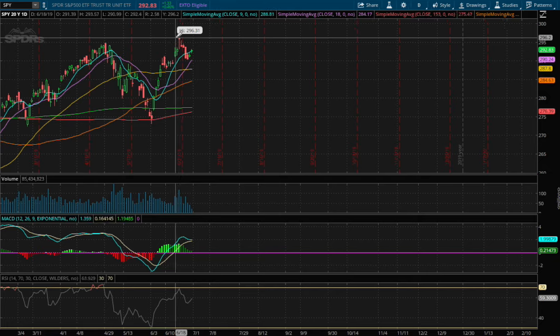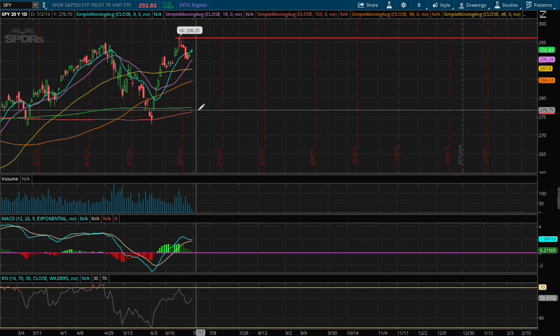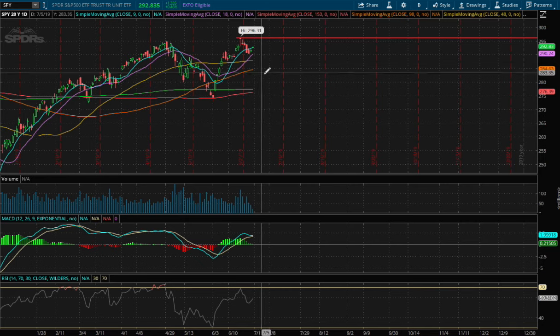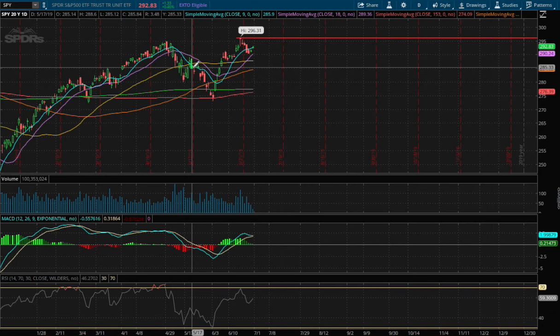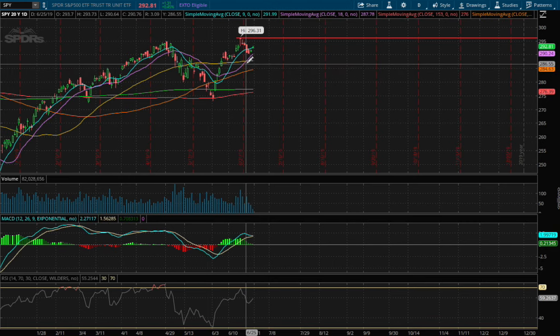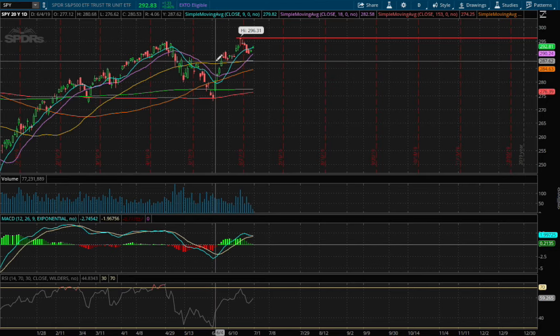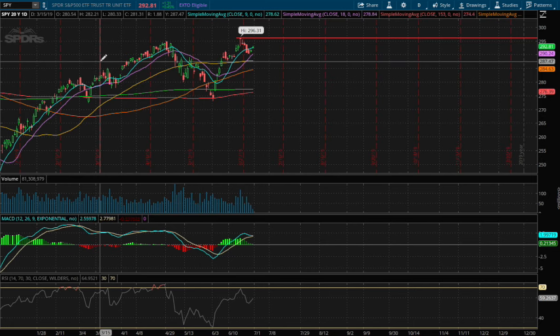So I do see, well, it's a binary outcome over this weekend, so really anything could happen. And for support, if we do close lower and there's bad news, I do see the 50-day moving average as a pretty good support. Reason why: the 50-day coincides with a concentration of price levels around this range, so that is around the price of